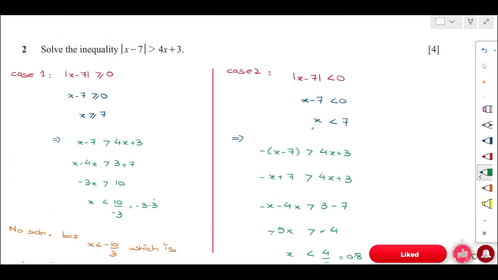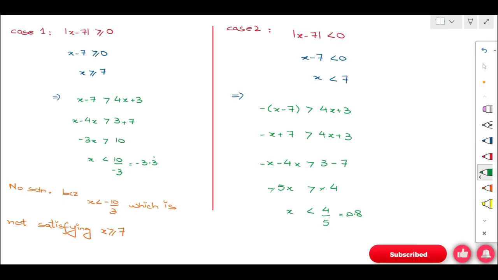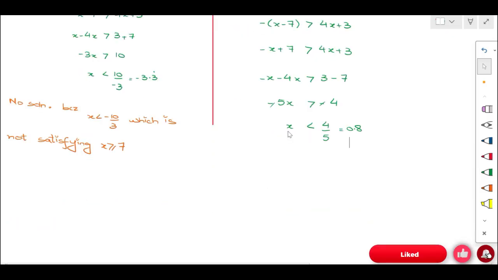So the x value should be less than 7. So this value 0.8 is in the range that it should be less than 7. Less than 7 values means 6, 5, 4, 3, 2, 1, 0, -1, -2. So this value is in the range, right? So here we can say the only solution is x is less than 4 by 5. So this is the only solution for that equation, because it satisfies the condition that here x is less than